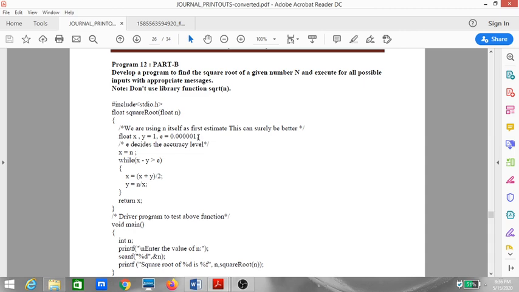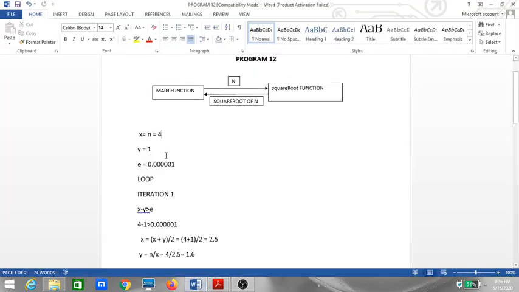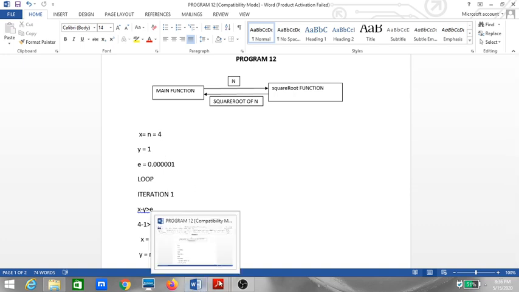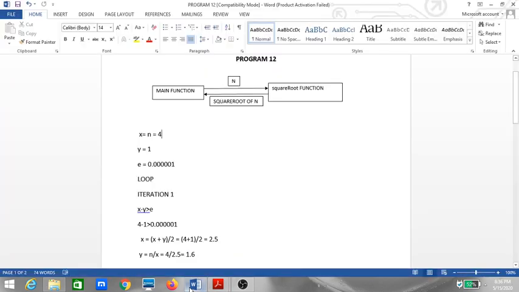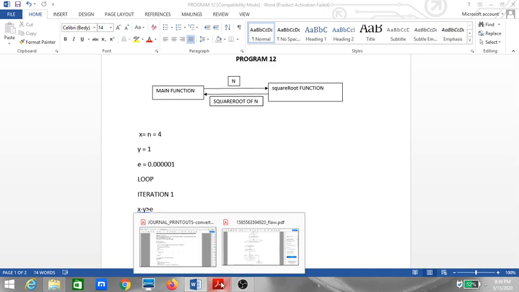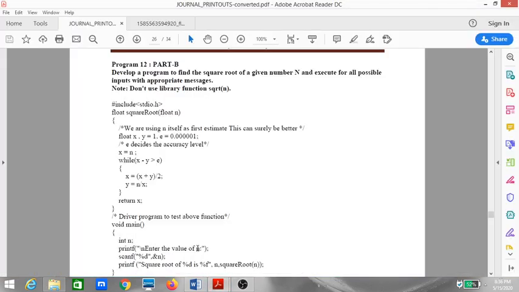So what is accuracy? Let us say that we have taken the value of n equal to 4, and we all know what is the square root of 4. Again, I have taken a very small example. Why? Because I wanted to show you all manually how the calculations are done. So I have taken a smaller example. You all can take a very big number as well. So if I take the n value as 4, then we know that the square root of 4 is 2.